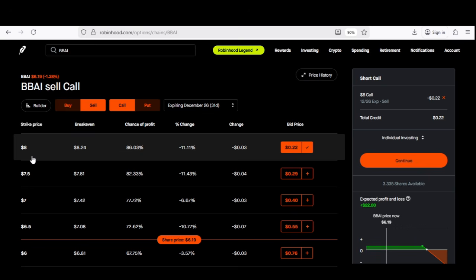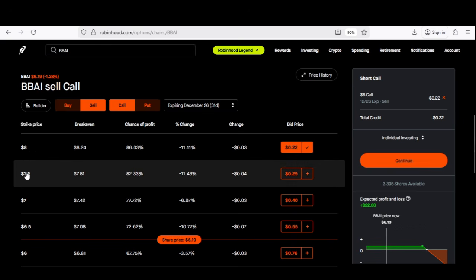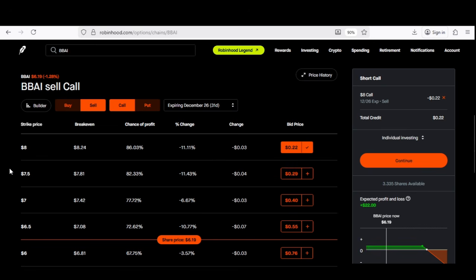Here is the amount of money you're going to make. It's going to be the difference from your average cost, which we established is $5. The difference between $8 and $5 is $3. Once again, we are dealing with an options contract, so you multiply your $3 by your 100 shares, and that gives you $300. So you will be getting your initial capital back, which was the $500 that you paid to acquire 100 shares, plus an additional $300, which is your capital appreciation or your investment gains. Hence, this is a win-win option strategy.